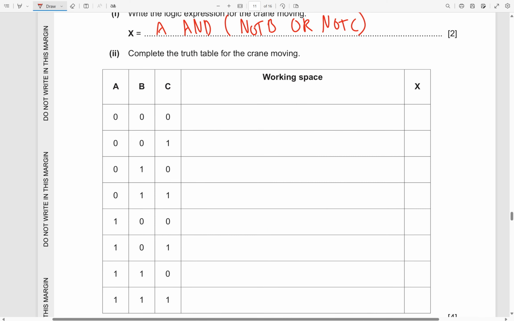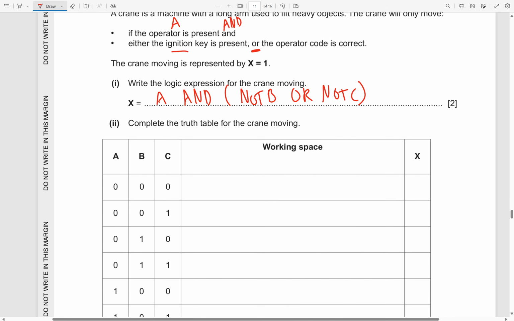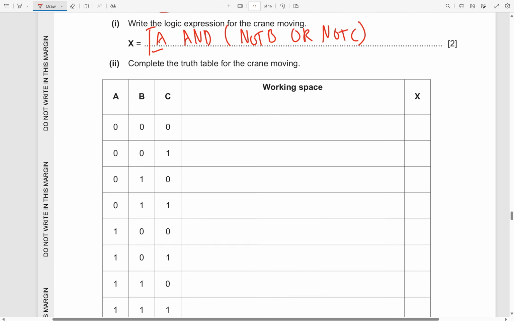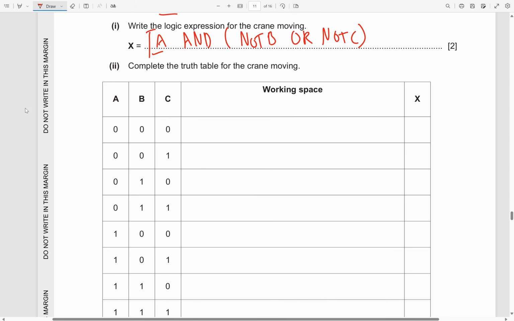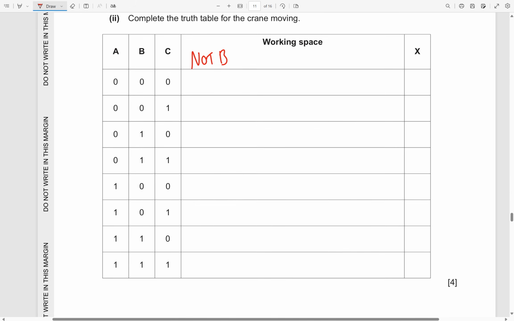Then we want to complete the truth table for the crane moving. And I guess here we're saying moving is, of course, this expression here. So for A, we don't really need to do that. Let's go not B. So let's write our intermediate workings here. So not B, well, if we go 0, 0, 1, 1, obviously